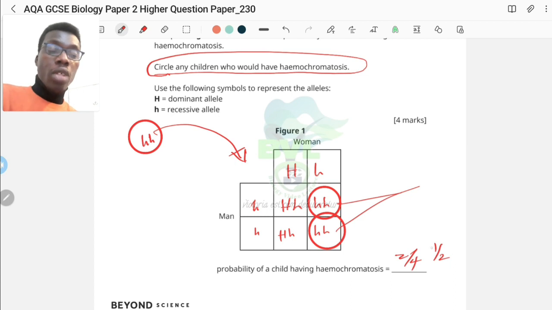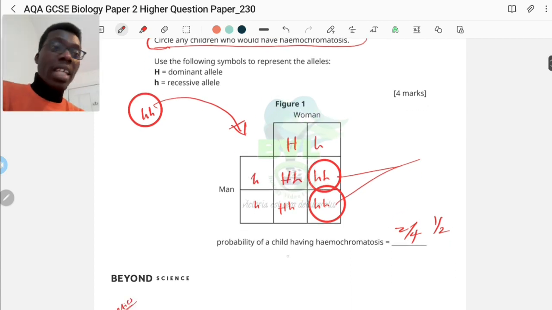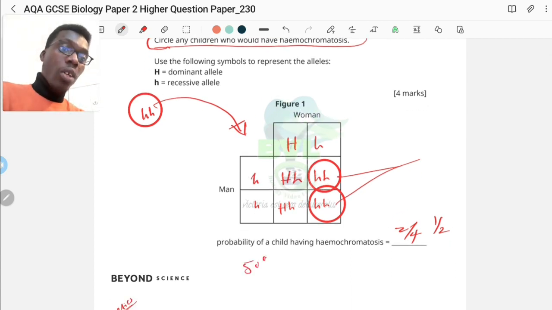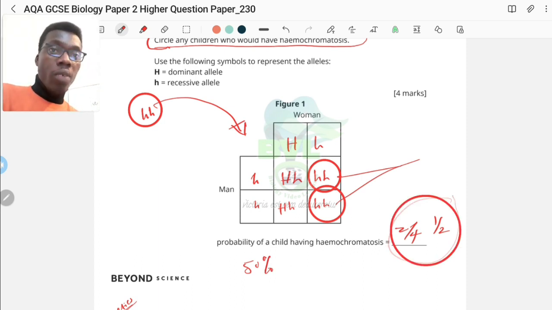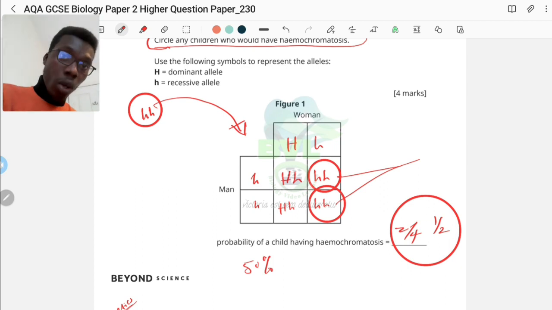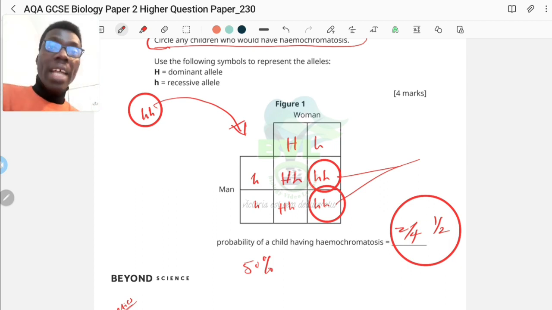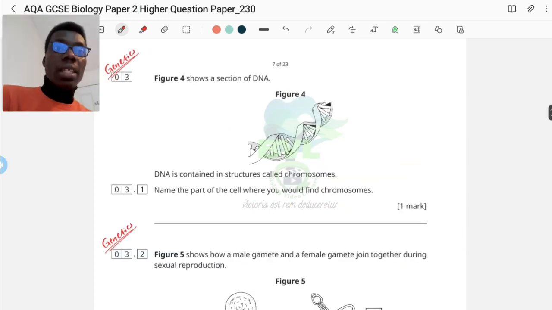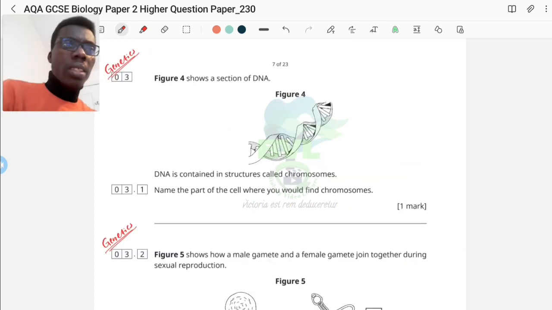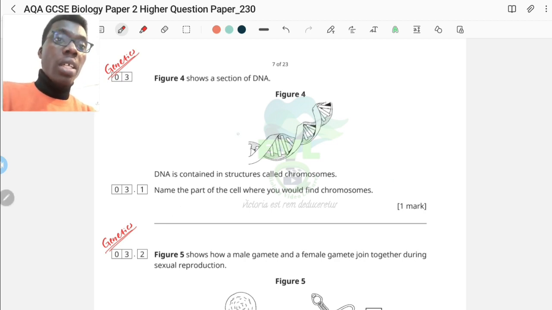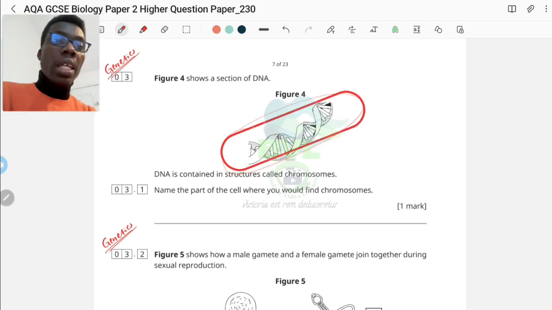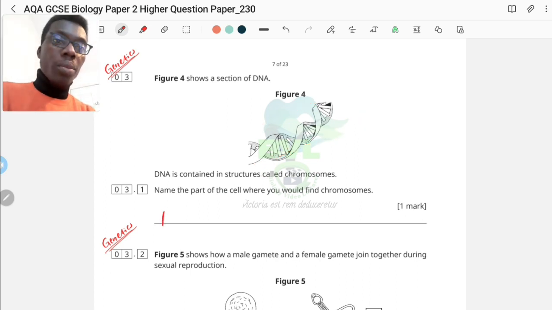eventually, so to say. So if you're going to represent this in percentage, that's going to be 50% of the children. But since it says probability, it's going to be 2 of the children out of 4, or if you divide that out, it's going to be 1/2. I hope that makes sense. All right. Okay, so this is the next question. It says here, name the parts of the cell where you could find this. Of course, this is going to be found in the nucleus